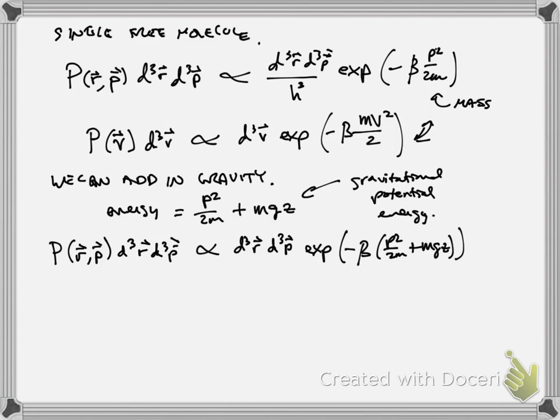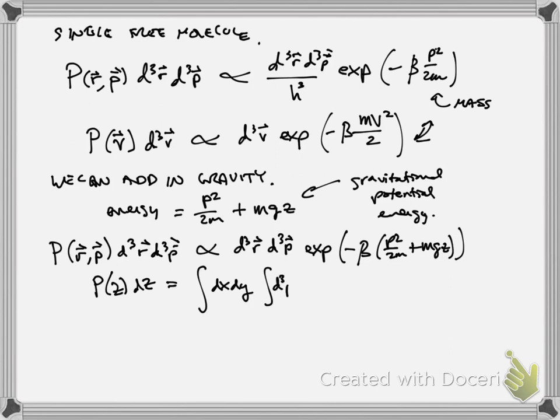So if basically all we care about is the probability of the thing being at some height, right? If that's all we care about, then we can integrate out the other degrees of freedom, right? We can do our integral over the other position variables. We can do our integrals over momentum, right? So this probability of being at a certain height is going to be the integral dx dy. We're going to integrate out the other spatial coordinates, and then we're going to have the integral